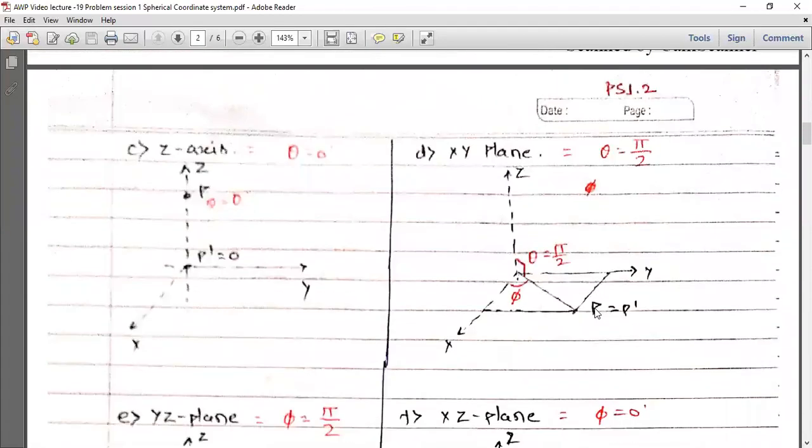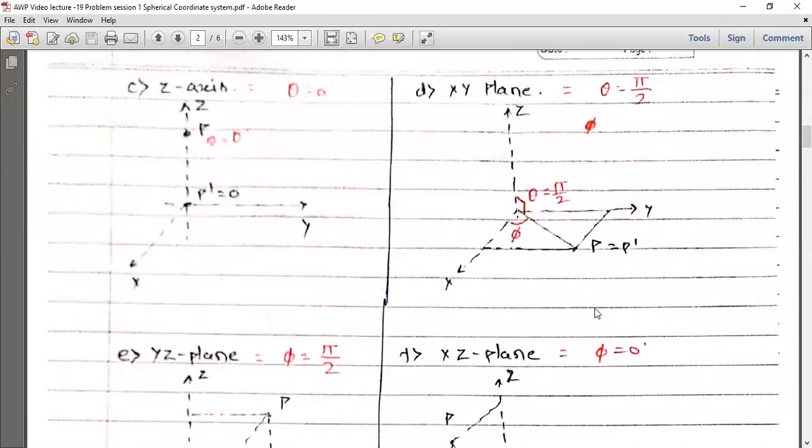Okay. Now the third one is finding the equation for the z-axis. The figure is a little blurry, so you can draw the figure by yourself also. Now to find the coordinates of the z-axis, we have to find the general expression for points lying on the z-axis itself. So for this purpose, we consider a point P in general at any position on the z-axis itself, as you can see in the figure.